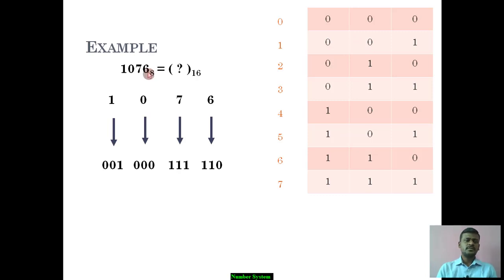But we are converting from octal to hexadecimal now. Here what we got is octal converted to binary numbers. So these binary numbers now need to be converted into a hexadecimal number. How will we convert? As we have seen in the previous conversion, from binary to hexadecimal, we group the bits into 4 from the right side of the bits.